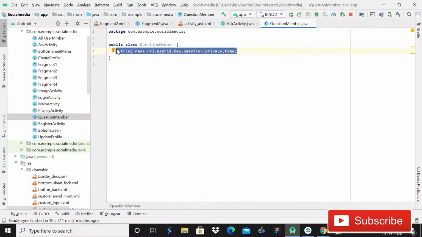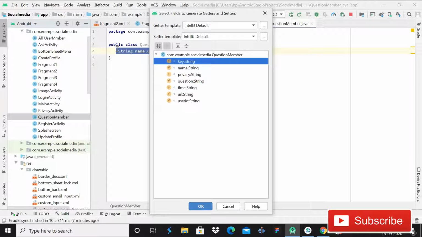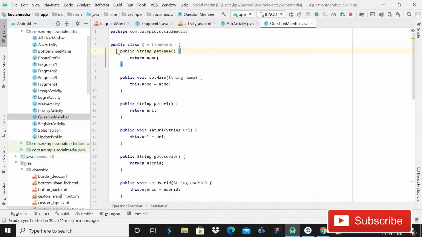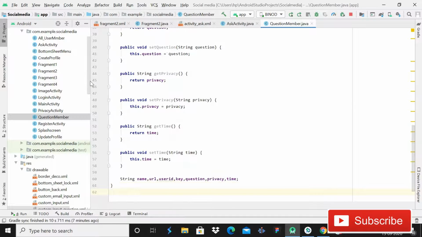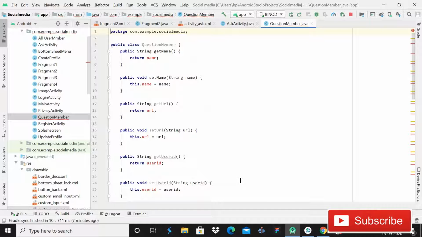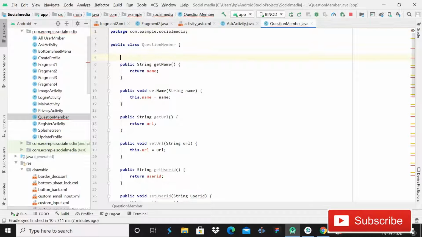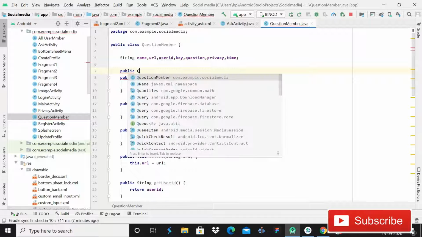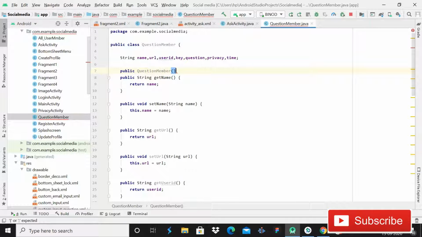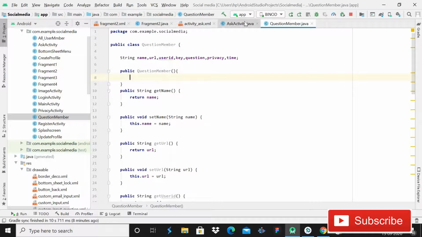And then so after this guys here you have to simply choose all of them, then alt plus insert, then getter and setters, then control plus A, then enter. So now we have the getter and setter methods for all the keys. Then simply cut this line from here, control plus X, then go above, and here guys you have to paste that line, and then public question member, and here you have to create an empty constructor that is required for